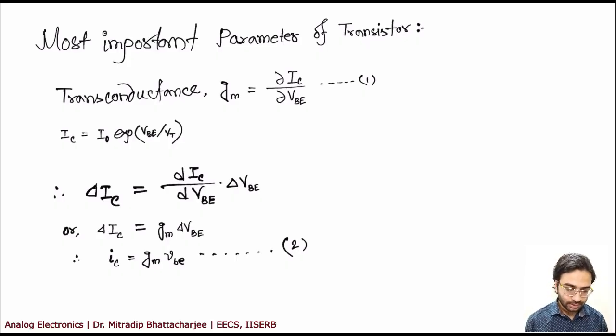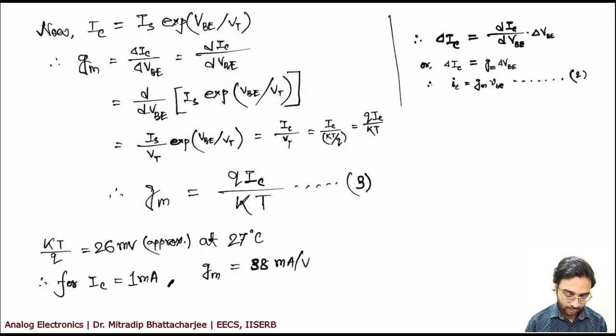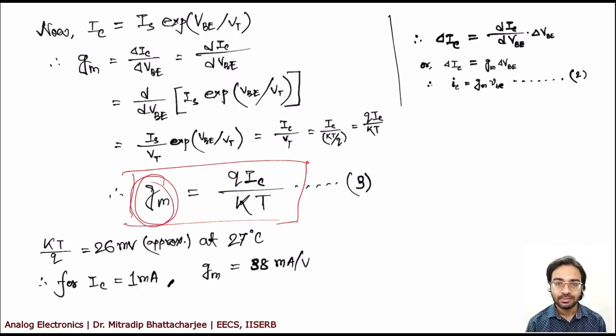So we already have discussed the important parameters so far. A few important parameters like gm. We started with gm and have said what is the value of gm. So we figured out that the value of gm is IC by VT, or qIC by kT. Now in this case it is important to see what is the gm parameter. Is it a DC parameter or AC parameter? So gm parameter is an AC parameter.